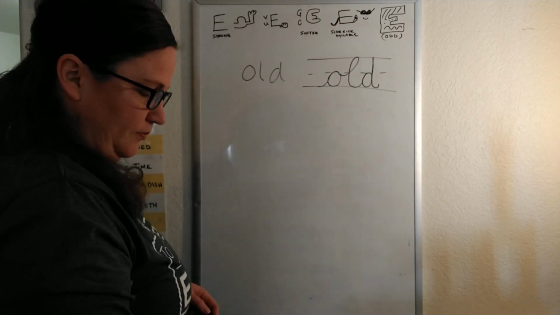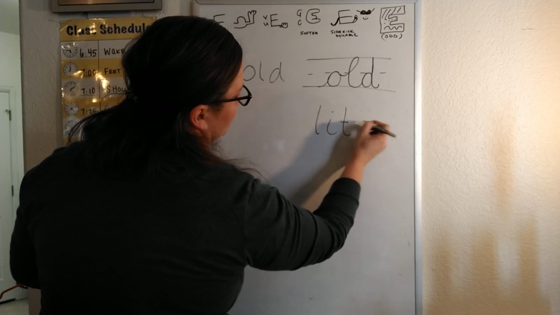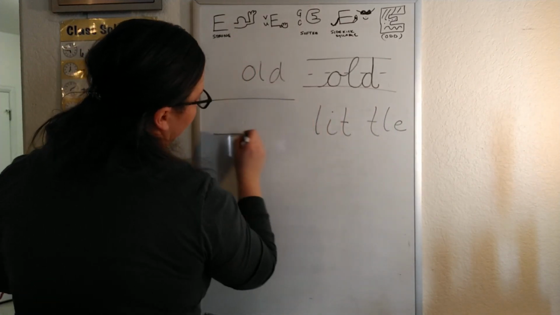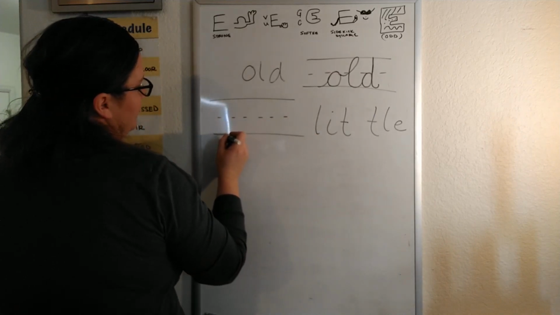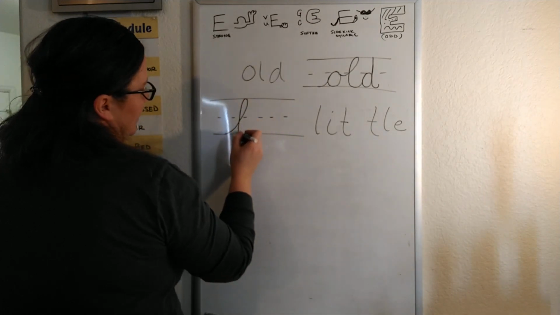Okay, so sound it out. And if you're doing cursive, starting with your L on the baseline, you go up to the top and loop around and come back down to the baseline. For your I,